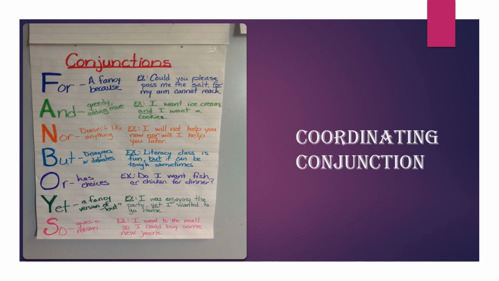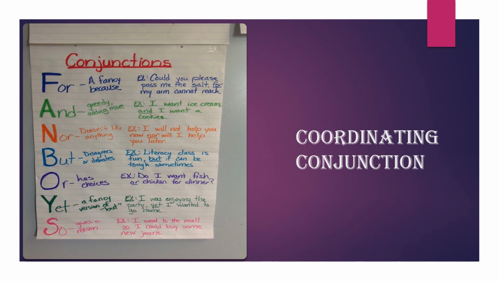In general, whenever we are joining two clauses with coordinating conjunctions, in 99% of the cases, just before them you put a comma. So if you have a comma in a sentence in between the two simple sentences, then you will have a hint that you need to use a coordinating conjunction and not any other word. Because at times we might get, for example, for the first sentence that is written, could you please pass me the salt, comma, dash my arm cannot reach. Now,